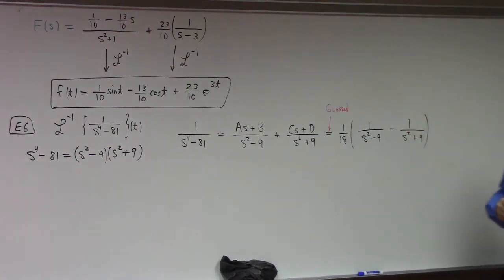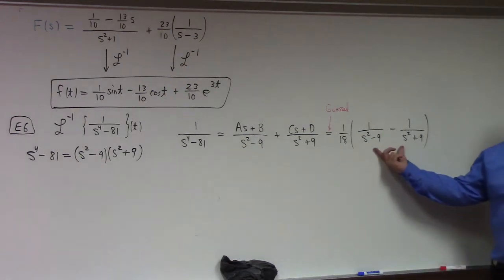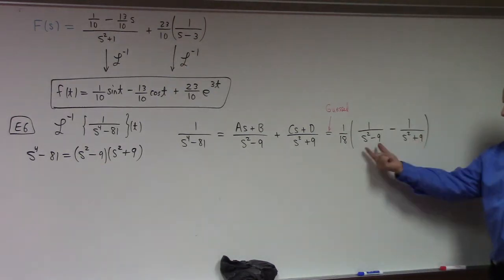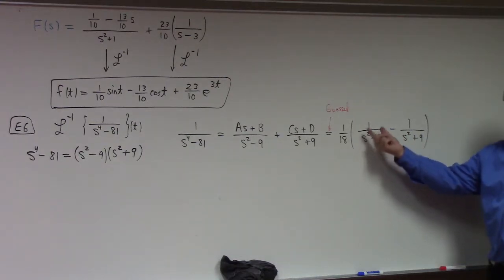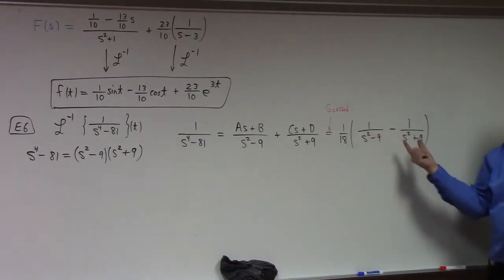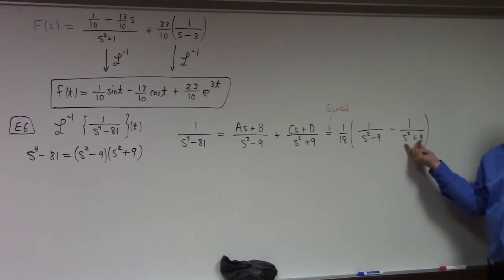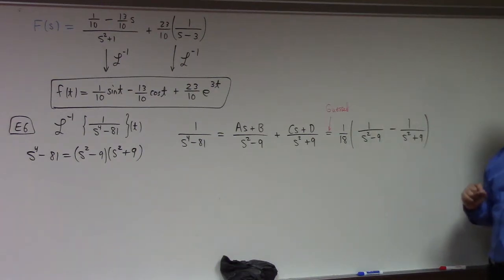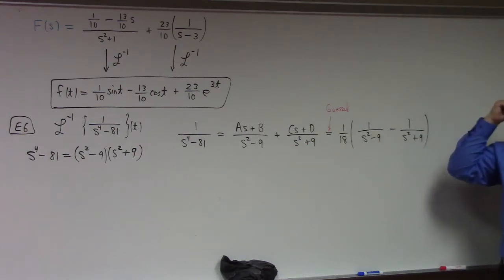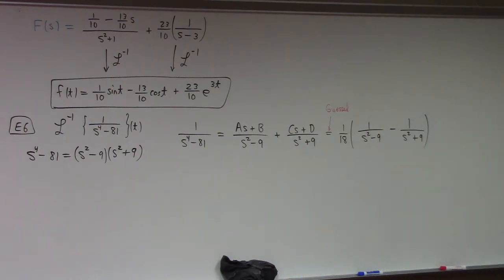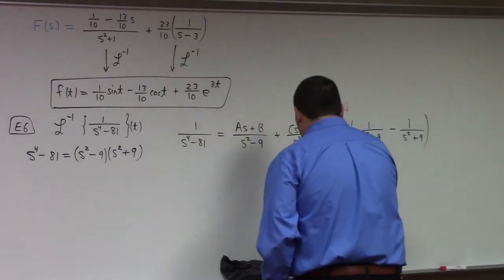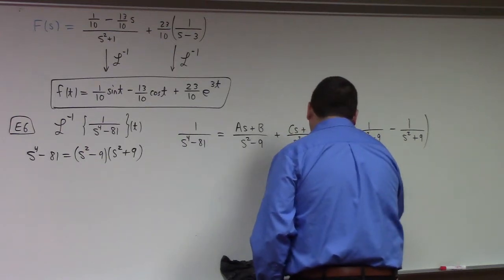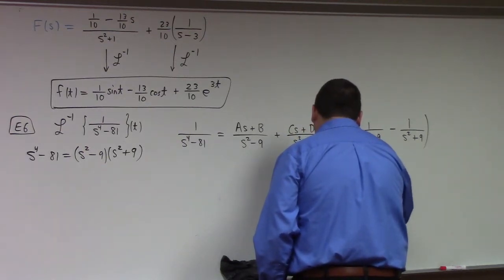All right? But guess and check is also an allowed method. Once you have this, how do you get back to there? You make a common denominator, right? So multiply this by s squared plus 9 over s squared plus 9. That gives me s squared plus 9 up here. Get this back to the denominator, I have to multiply this by s squared minus 9 over s squared minus 9. That puts an s squared minus 9 up here. So the s squareds cancel, and I get 9 minus a minus 9, otherwise known as 18. Divide by 18 gets me back to 1. Or you could go through the algebra like we did. But anyway, with that done, the inverse Laplace transform of 1 over s to the 4th minus 81 of t